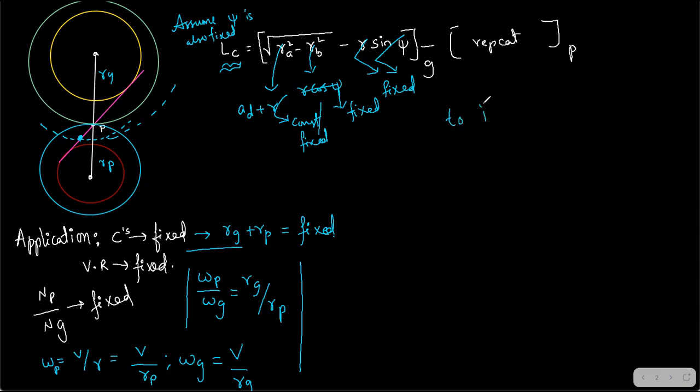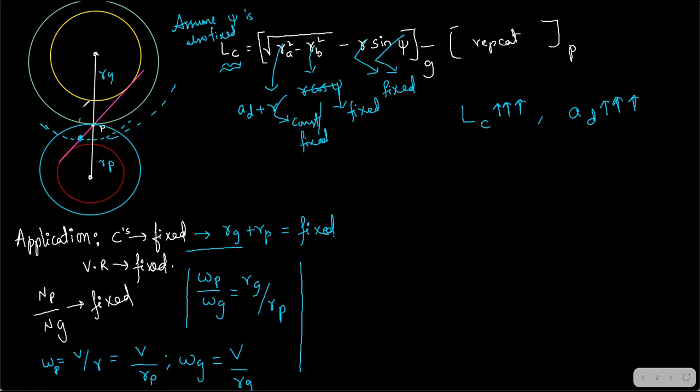So now what can I change to increase the length of path of contact? I can just write it down this way. To increase the length of path of contact, I have to increase the addendum only. The remaining things I can't increase. All are fixed. It means the addendum circle radius should be increased.